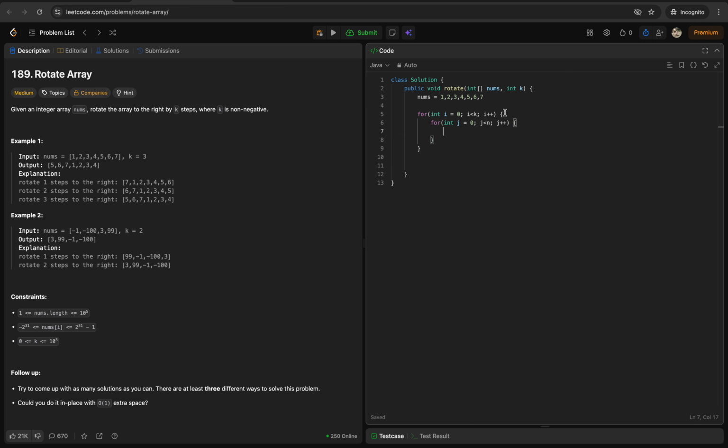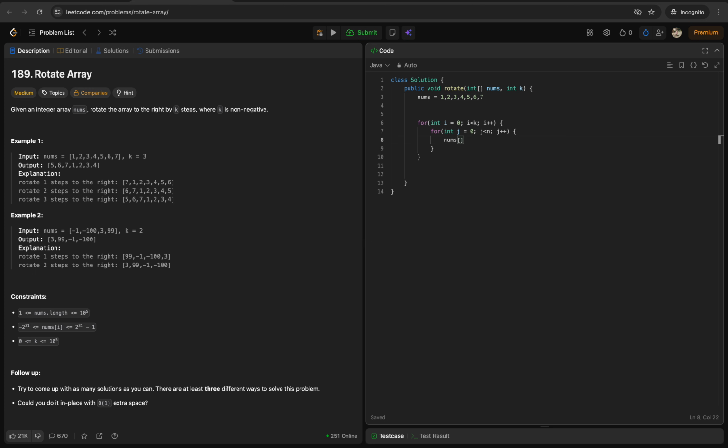And what we are doing is rotating this array one time in each iteration, and we'll do it for k times. So when i is 0, in this loop we will rotate all the elements, shift all the elements by 1. So each of them will become